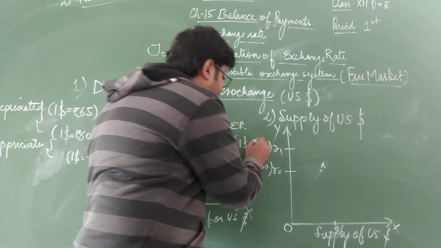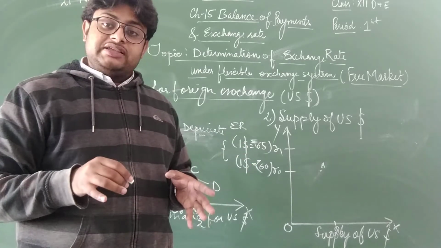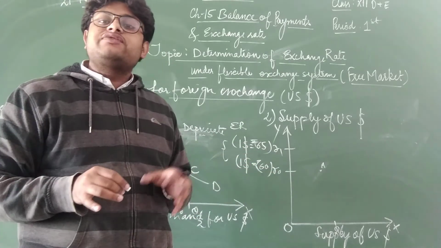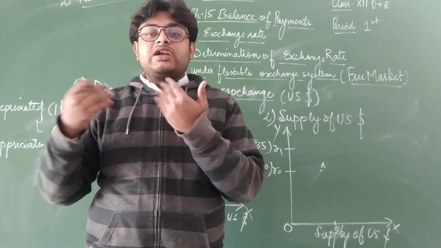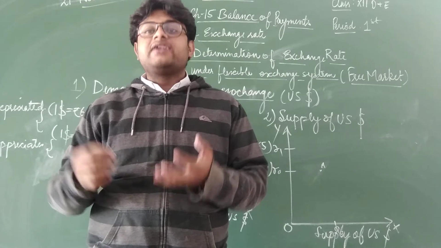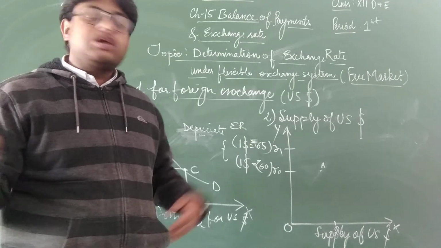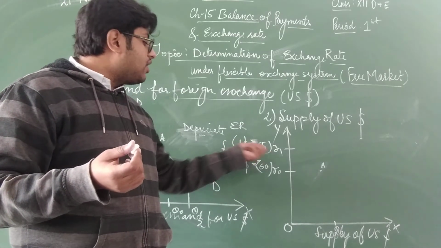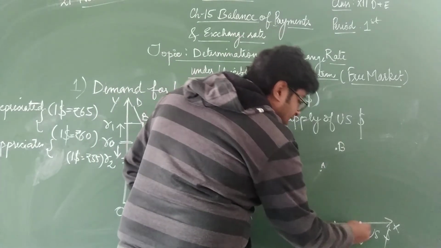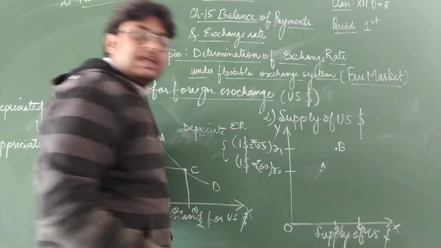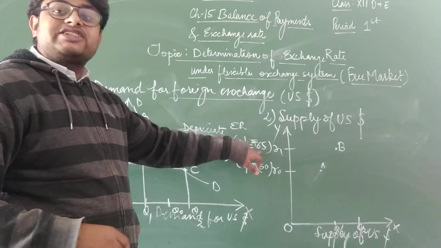Now for 1 US dollar they will be getting 65 rupees. Before they were just getting 60 rupees for $1. So this situation will be beneficial for the exporters. So they would like to export more and more. Alright, the Indian people would like to invest in USA more and more because they are getting more rupees for 1 US dollar. So the supply will increase. The supply of US dollar will increase because the exporters would like to supply more when they get more rupees in exchange of $1.